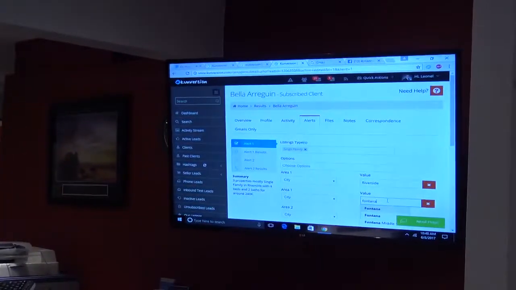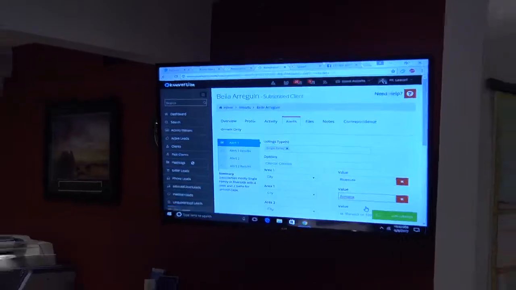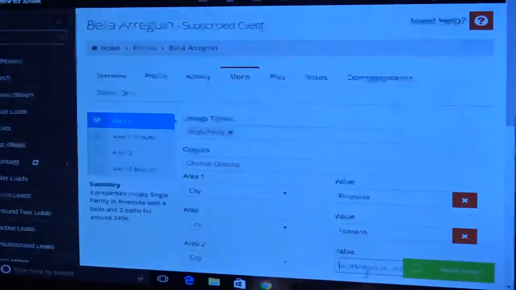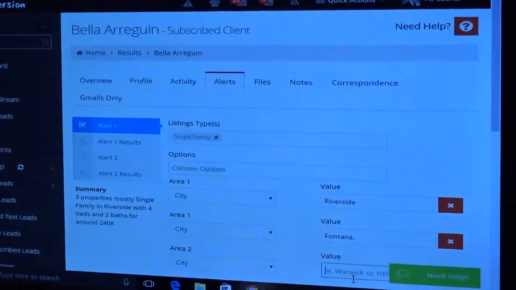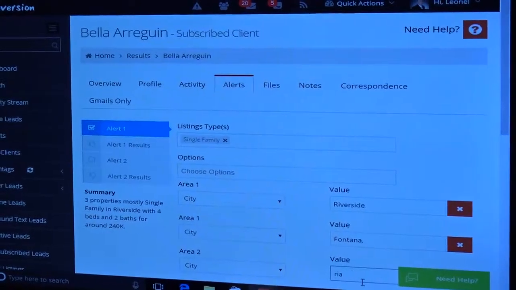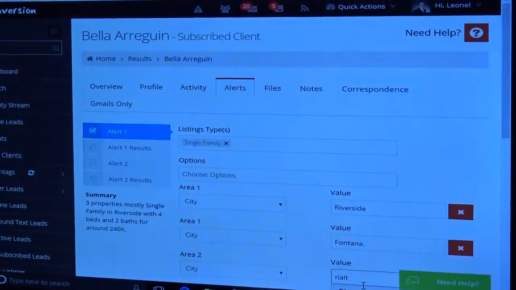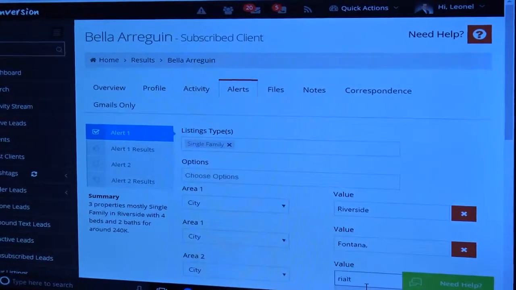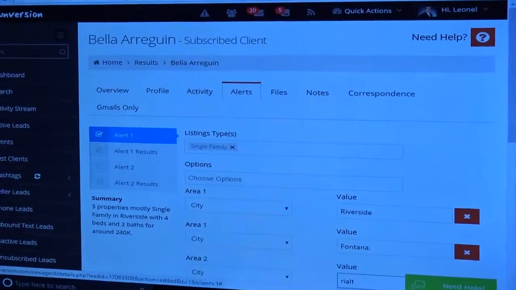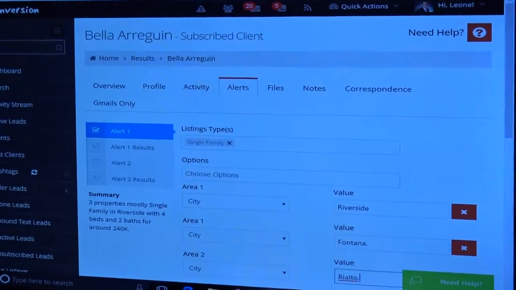And there's the city of Fontana. Okay, and then I know they also want, let's see, what's another city around Fontana? Rialto. Highland, or San Bernardino. Come on. Rialto. Okay, so now I'm going to,